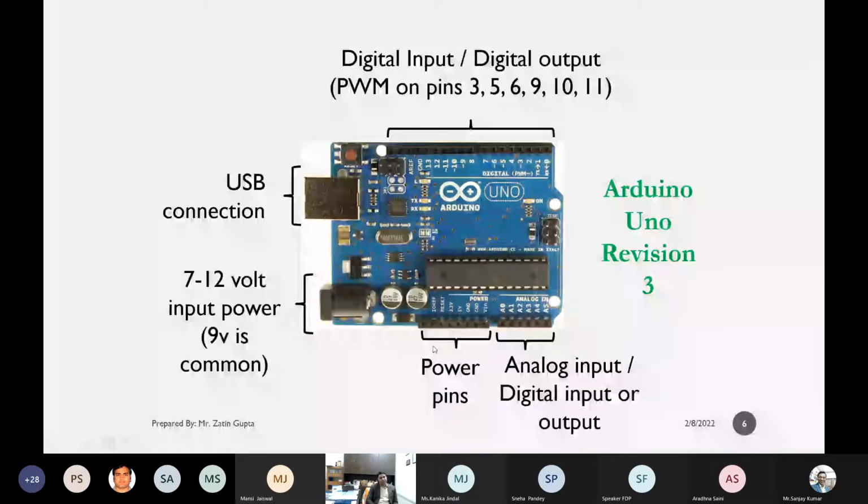Then there are the power pins. Here we have power pins. One is a 5-volt pin, another is a 3.3-volt pin. Means if any component drives on 5 volts, we can take the 5-volt output from here. If any component needs only 3.3 volts, most of the electronic components need that, so we can take the 3.3 volts